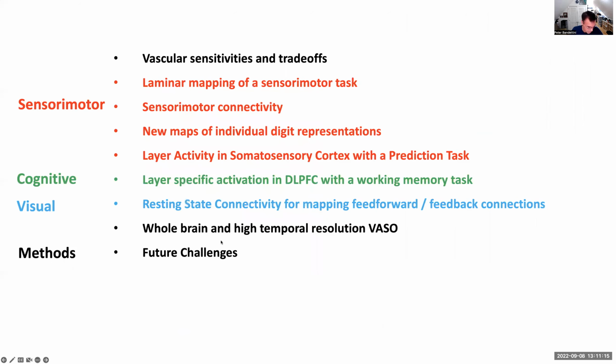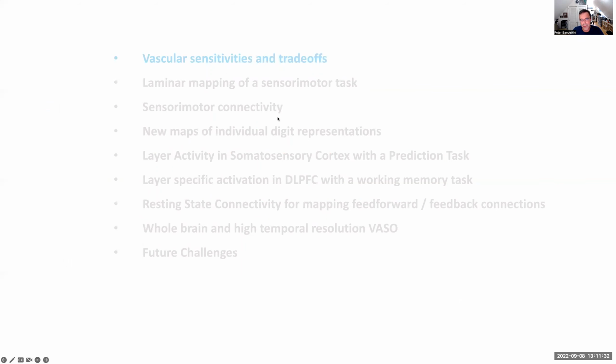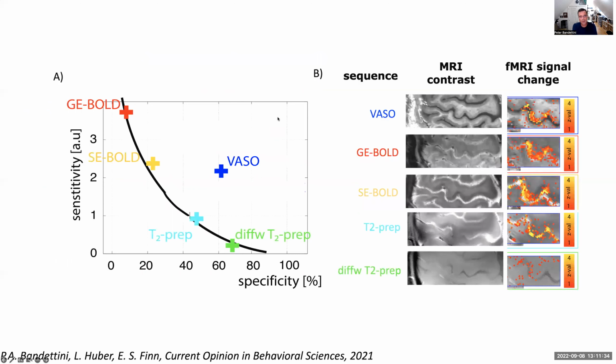So I'm going to talk, in my remaining 25 or so minutes, an overview of some of the applications and some of the work that we've done from my own perspective. So, certainly we're trying to calculate what's the best pulse sequence to use. And this is work that Renzo's done early on. It's funny, it's early on, but it's published in 2021, but it was around a little bit before, in collaboration with the Minnesota group as well,